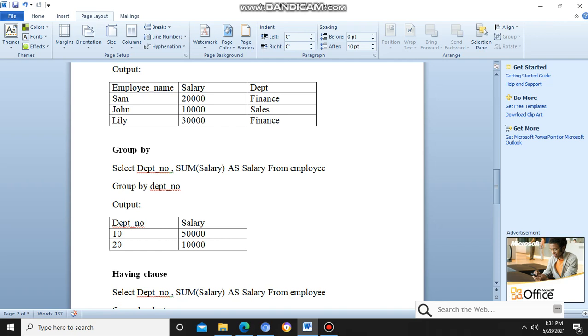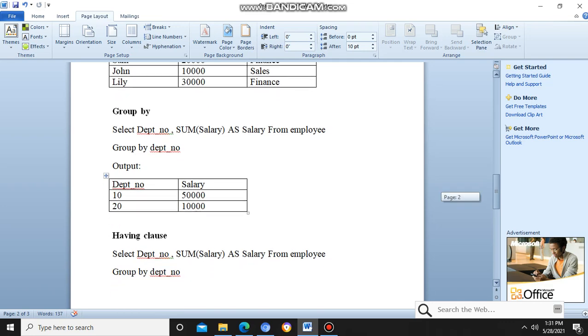Whenever we want to group at multiple columns, we separate them with a comma and also add them in the group by clause. The output of this syntax will be department number and salary, where the department number is 10 for both Sam and Lily, so their salaries will get added up. So 30k plus 20k will become 50k, and for John the department number is 20 and his salary of 10k will appear here.